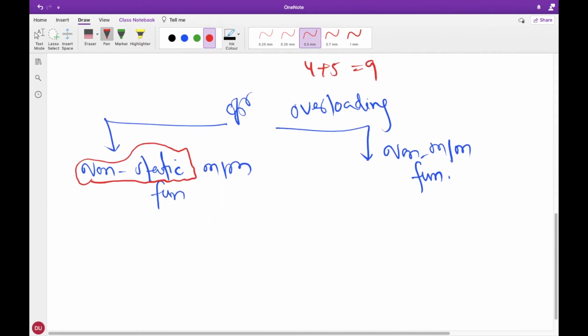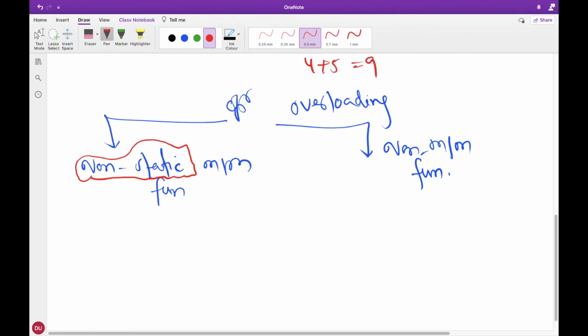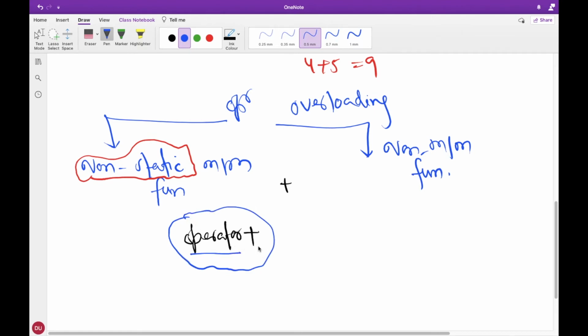When you are defining either type, member functions or non-member functions, the function name starts with a keyword, and that keyword is operator. It is followed by the symbol of the operator being overloaded. Suppose you want to overload the plus operator, then you have to write operator and then plus. You have to keep this in mind. We'll see a lot of examples of this, but as of now keep in mind that we write operator and then whichever operator we are trying to overload.